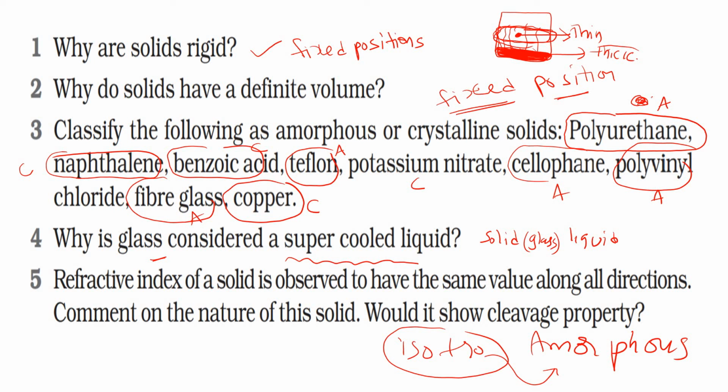Comment on the nature of this solid. Would it show the cleavage property? The same value in all directions is called isotropic in nature. Different properties along different directions is called anisotropy. Generally amorphous compounds show isotropy. Now, would it show the cleavage property? When they cleave, they will cleave unevenly. Because of this reason,